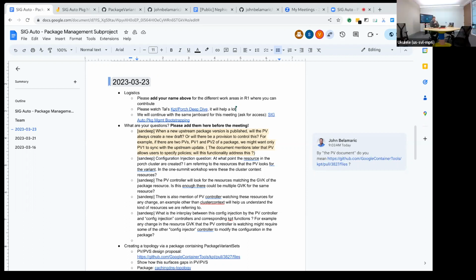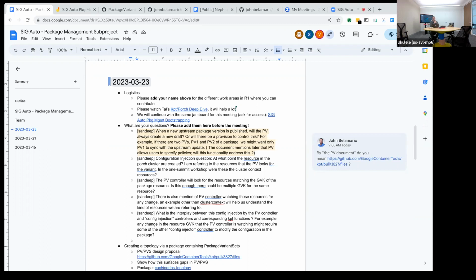Your last question is a great one too. We've been discussing this, and what is clear is that the way we did it in the workshop mixes these things in a way that is probably not good. For context for other folks, in the workshop we do injection where we copy things from the management cluster into the package. And then we also have what we called injectors, which are things like IPAM and, in R1, VLAN.